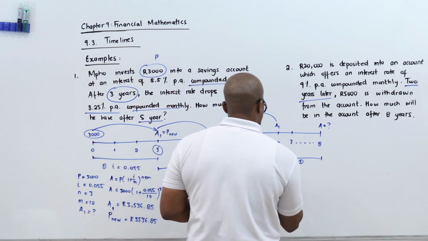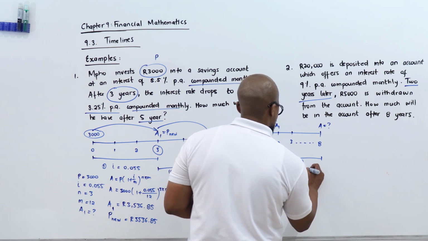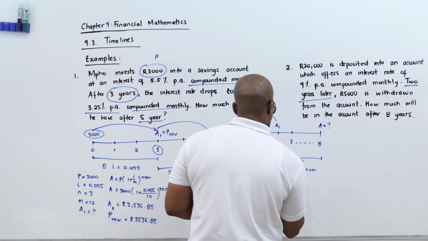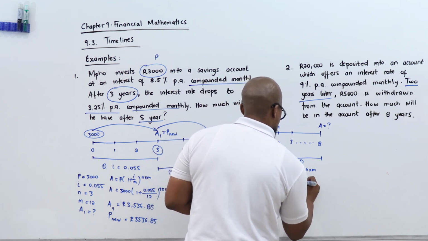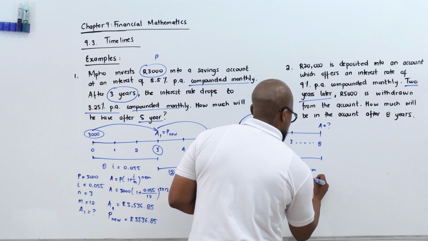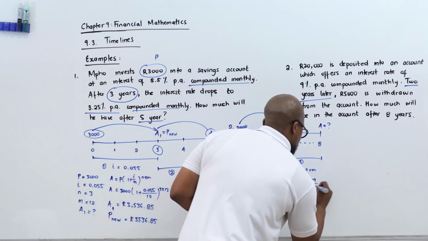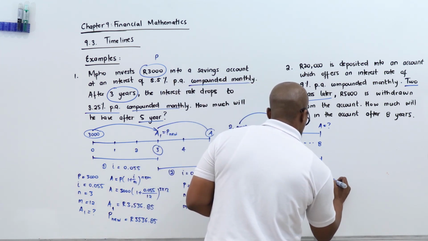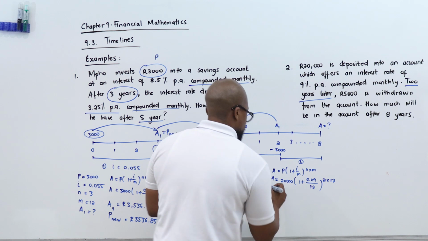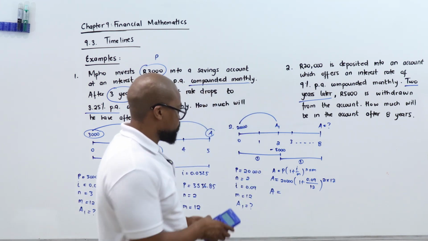So then we have A, which equals P in bracket 1 plus I divided by M, raised to the power of N times M. What is P? P is 20,000 in bracket 1 plus, what's I? I is 9%, 0.09, divided by M, which is 12, and the first part is 2 years, so that's 2 multiplied by 12. So after 2 years, your 20,000 would have grown to